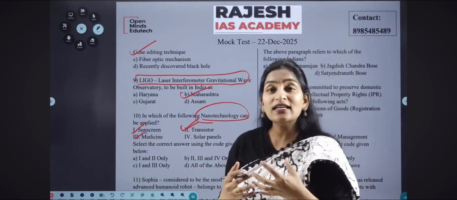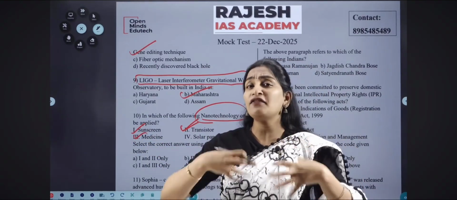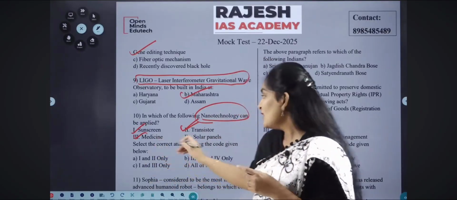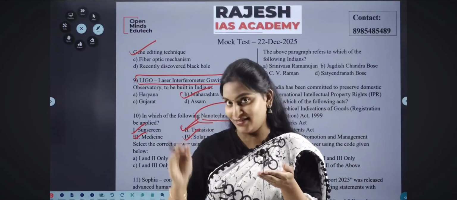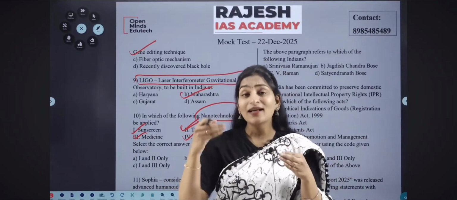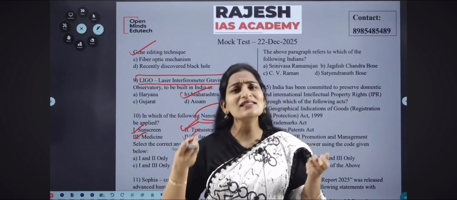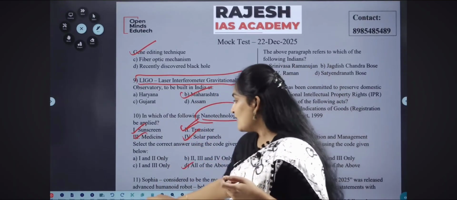And in medicines, nowadays the research is going on through nanomedicines. Like we will also have nano cameras to identify the cancer cells or the tumor cells in our body, and also to identify how our immune system has been functioning. And next thing is solar panels. I think you have already gone through the solar paints. Yes. So what do solar paints consist of? How does it generate electricity through the paint? Because of the nanoparticles which are present in the solar paint. Those are nothing but the solar panels itself. Yes. So nanotechnology can be applied in all of the above. And the next question is,